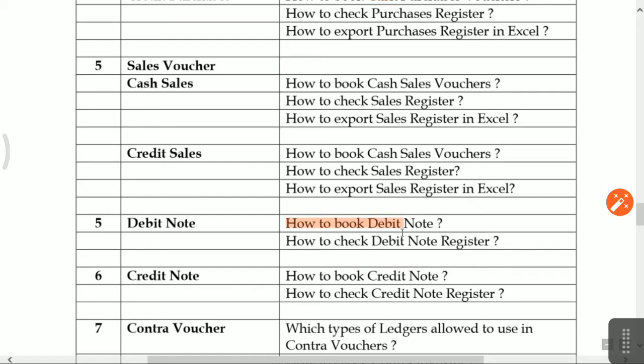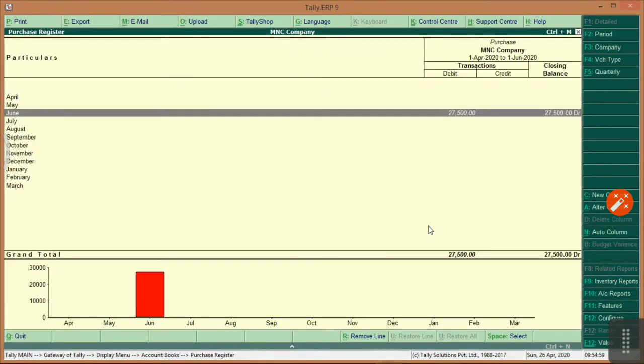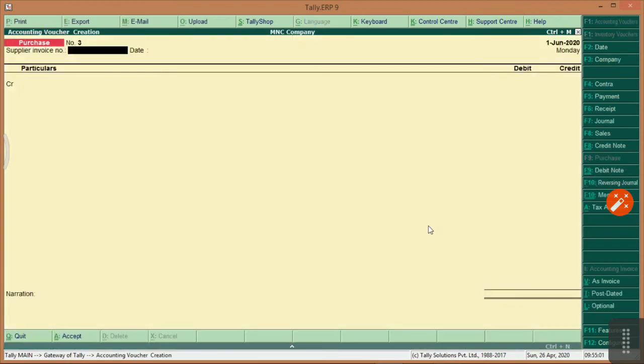Next one is debit note and credit note. How to book debit note? Debit note means purchase return. Accounting vouchers, debit note. You have to give the purchase return.